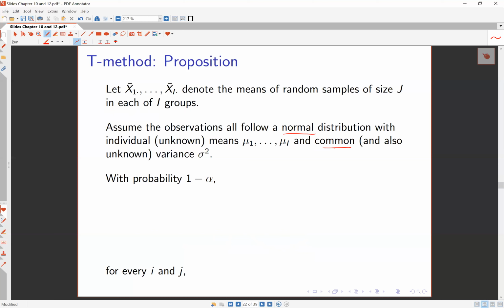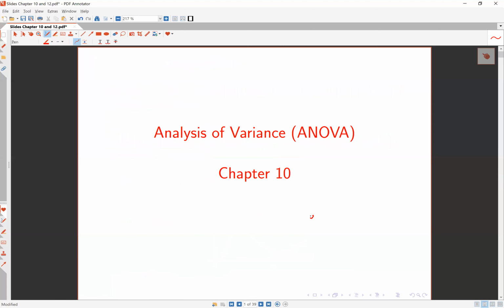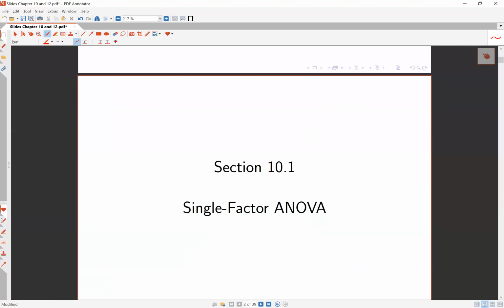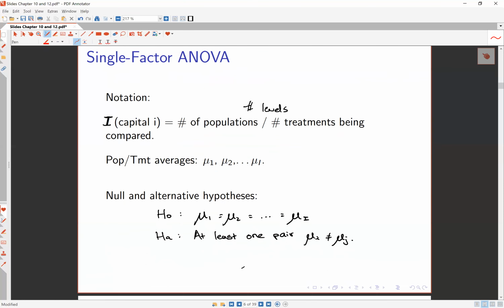Then, with probability 1 minus alpha, the following statement is true. If we look at the difference mu i minus mu j, the true value of the difference will be contained in the random interval defined by the ith group average minus the jth group average, plus or minus a critical value chosen from the studentized range distribution,